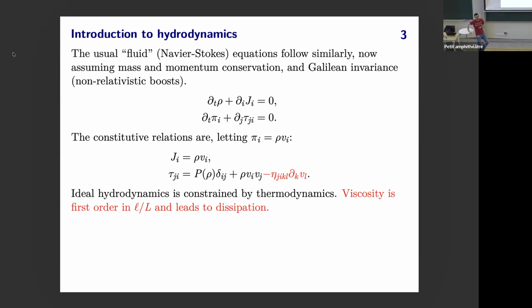Sorry, I'm not very familiar with this formalism. So it seems within this formalism, you cannot get the relativistic system. You cannot describe that. You can, it's just a different set of symmetries. So here we're using non-relativistic boost invariance. And this gives you the textbook Navier-Stokes equations. You change an input symmetry and you get another formalism. If you input Lorentz invariance instead, then the constitutive equations are different and they match the relativistic ones.